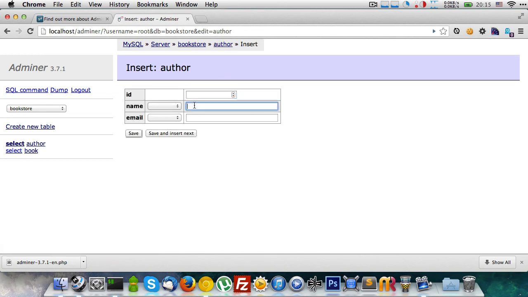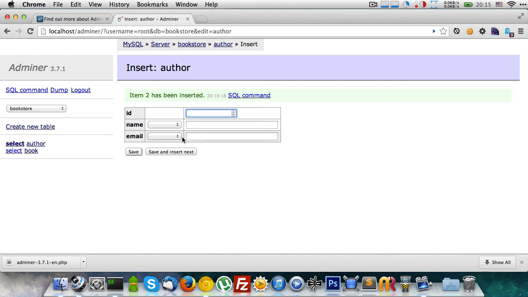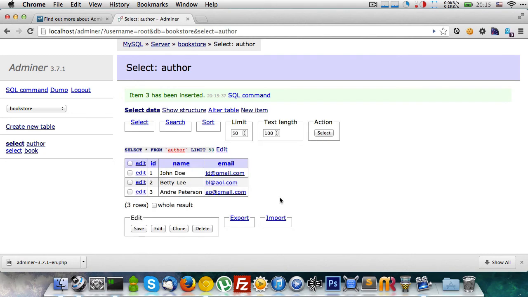Let's add several next authors. Bedily, AOL.com, and I can hit this save and insert next. So the new record is created and I can continue with my operation. So now I have 3 authors in my author table, and there is this GUI for creating select queries dynamically